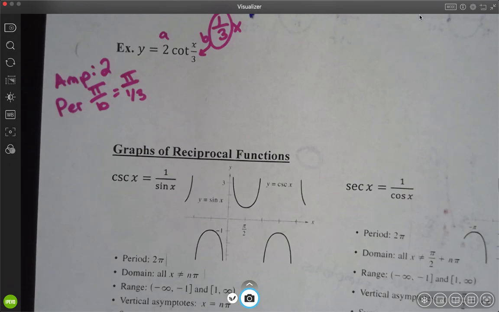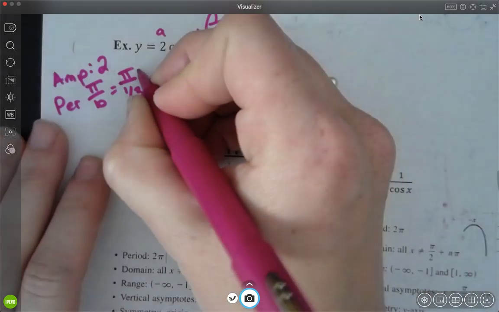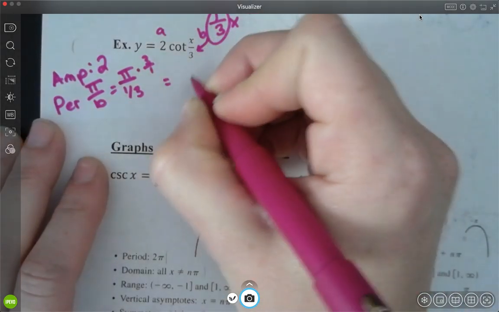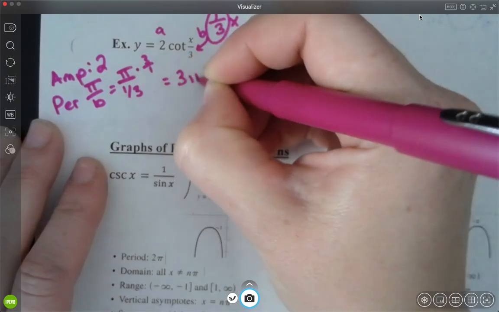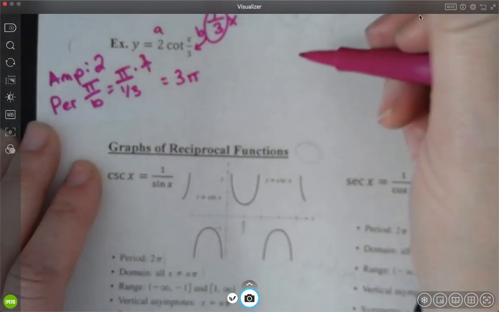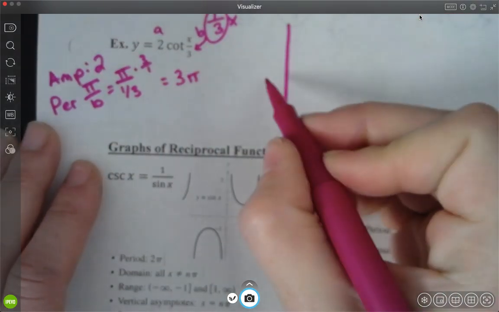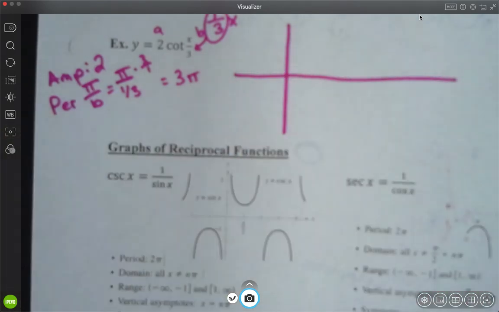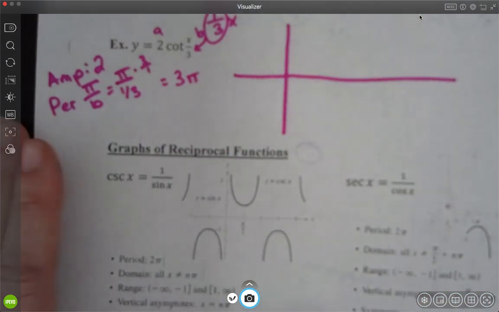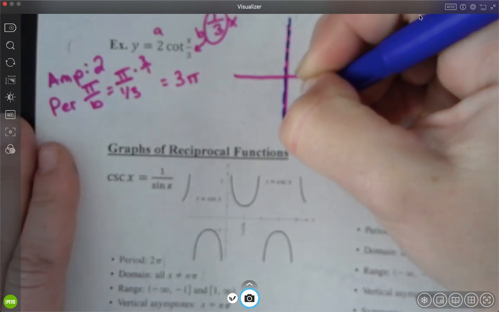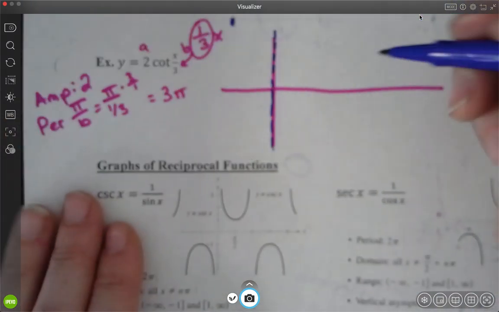Pi divided by 1/3. You multiply by the reciprocal, so 3 over 1. So my new period is 3 pi. Okay, so let's graph this guy. We haven't shifted him left and right at all, so we're still going to have a vertical asymptote there, and we're going to have a vertical asymptote over here,